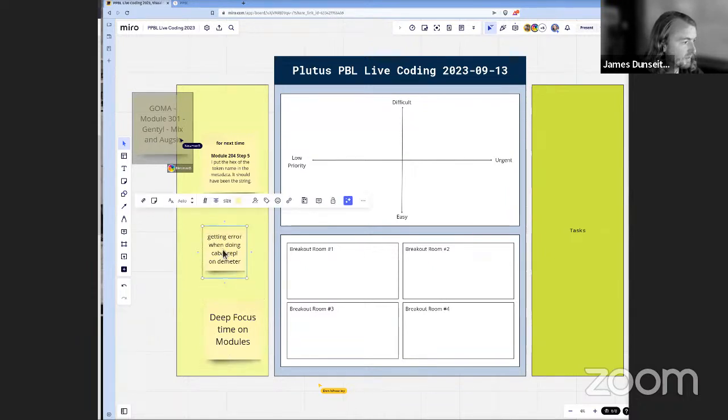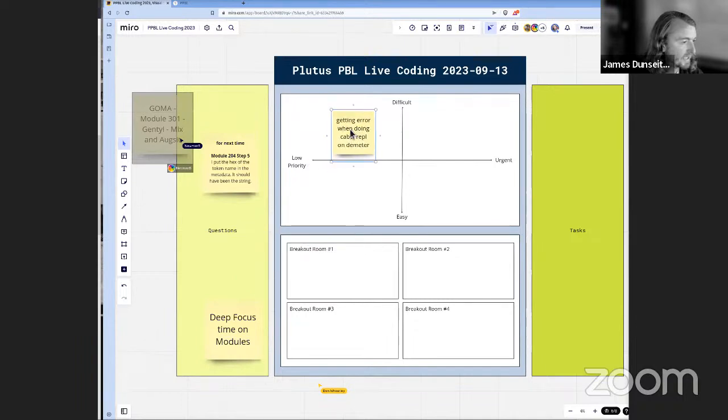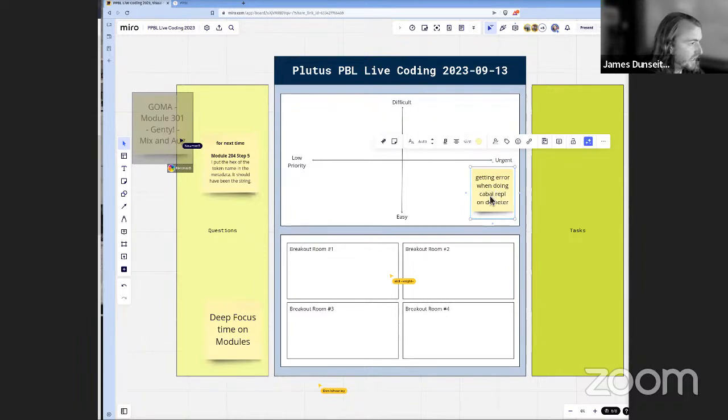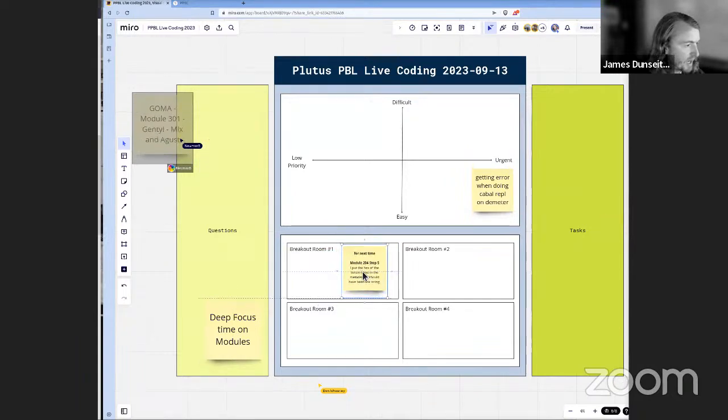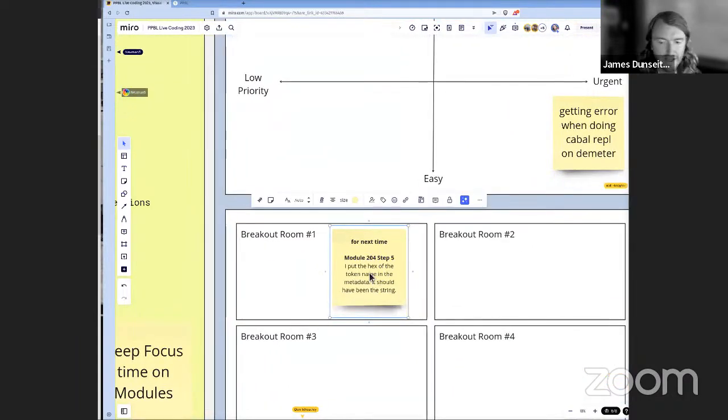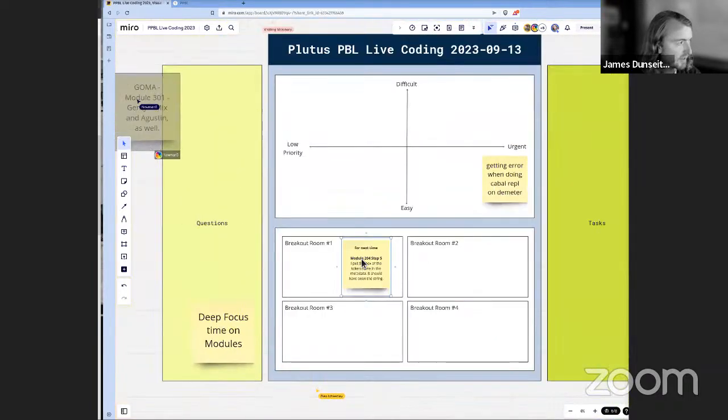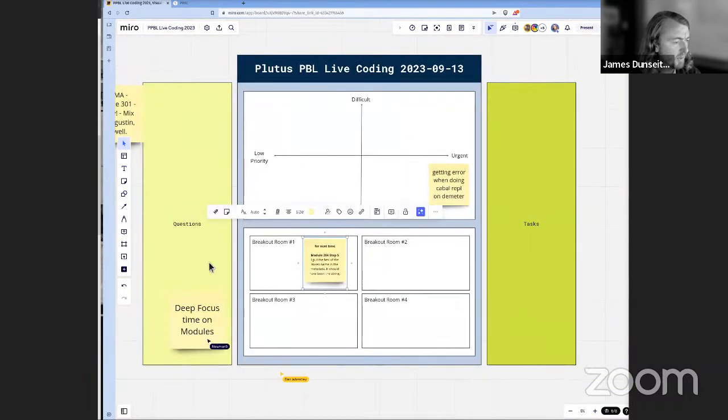Oh, okay, this one, we can touch on this pretty quickly. Hope this is urgent, but hopefully relatively easy. And then we left off with a task last time that I'd like to drop into breakout room number 1 right away. I know that Martin has had some time to explore this, but I think it's worth considering what was going on there, because there's a few concepts that'll give us a chance to cover. But what else? Anybody struggling with anything in particular, or working on a particular module you have questions about?